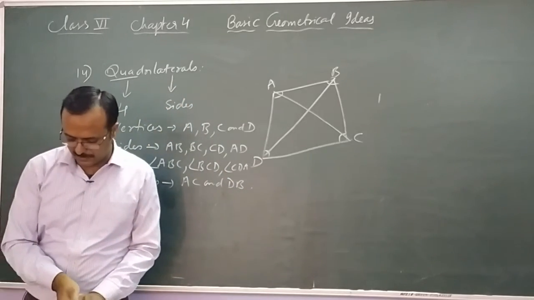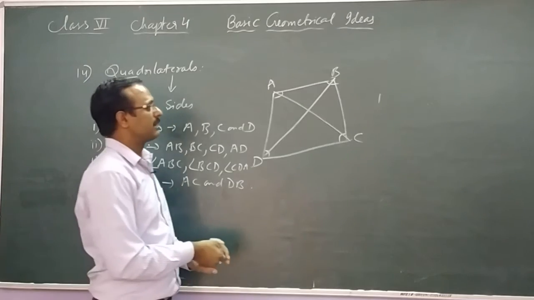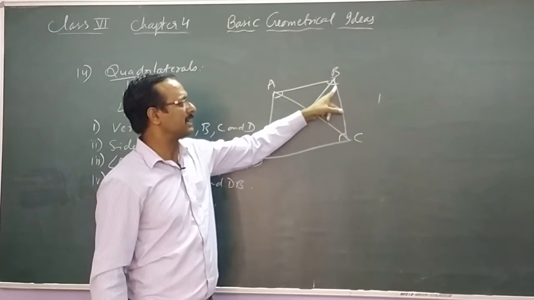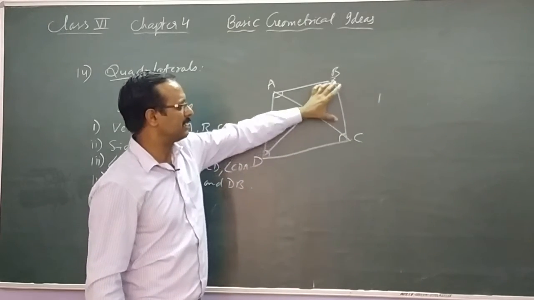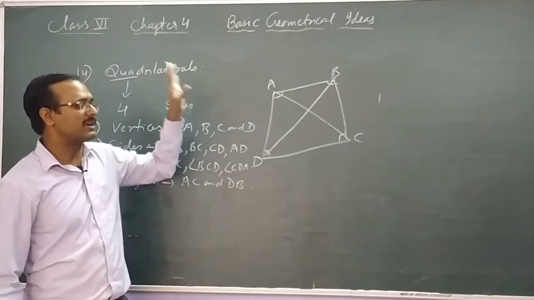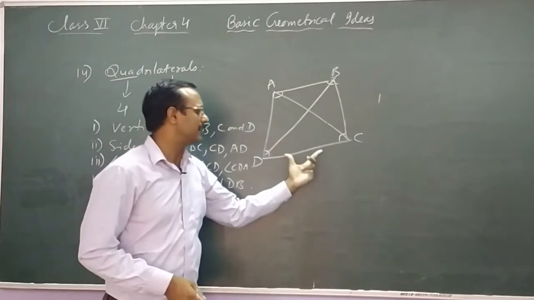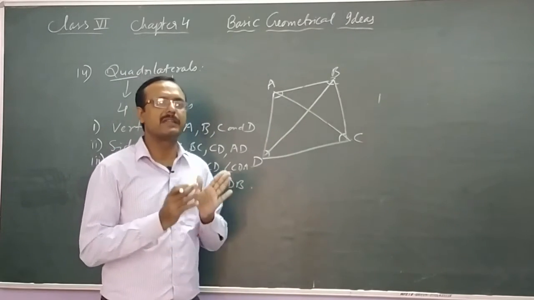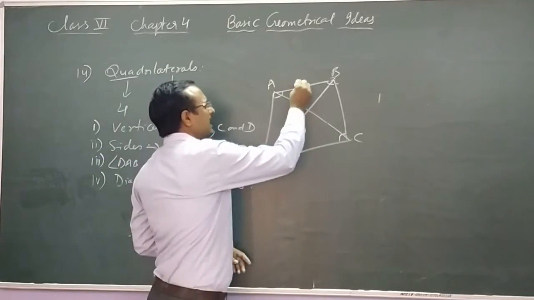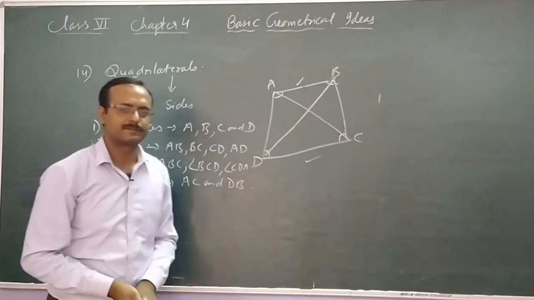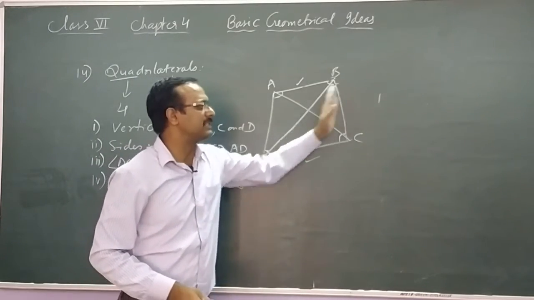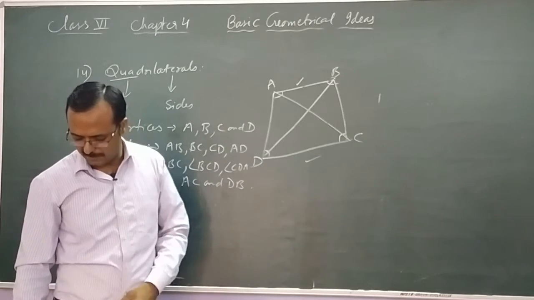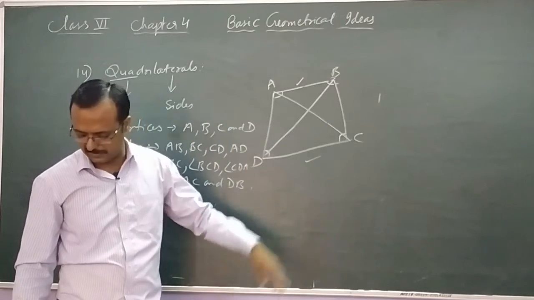So these were the concepts of a quadrilateral. We can see some adjacent sides here. The adjacent sides are AB and BC because they are connected by a common point, that is B. Similarly, BC and CD are adjacent sides. Non-adjacent sides are AB and DC because they are not connected by a common point. Similarly, AD and BC are opposite sides. So we have some opposite sides in this quadrilateral, but that is not the case in a triangle.